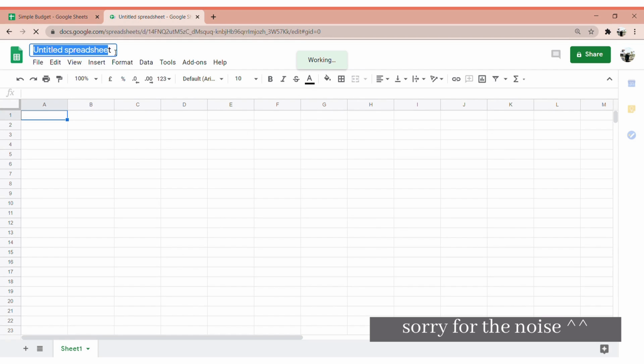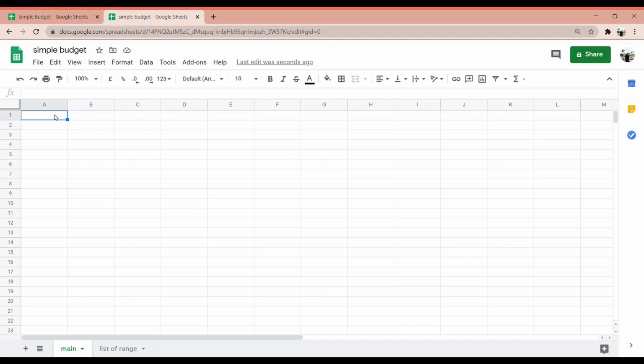and title the spreadsheet. For example, simple budget. As you can see, it will automatically save to your drive. What you need to do is to create the header for your table. For example, date, category, details,